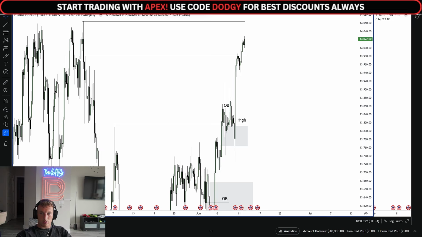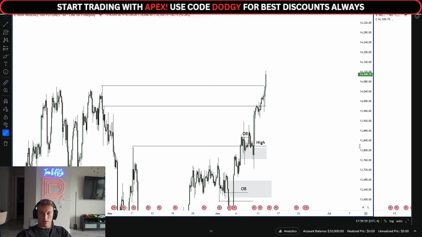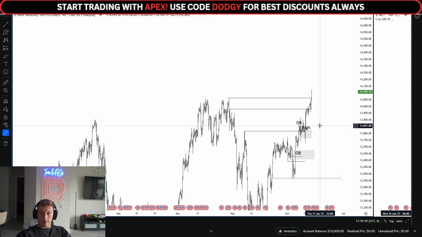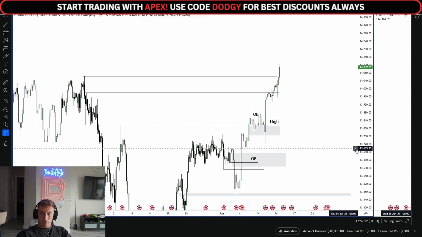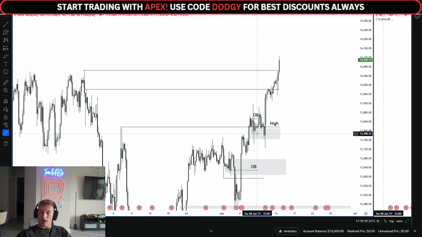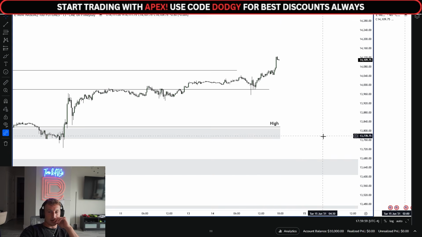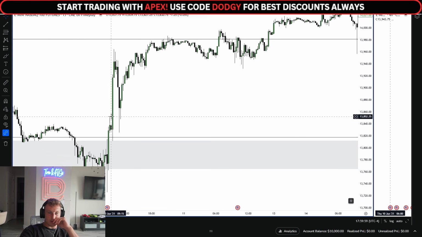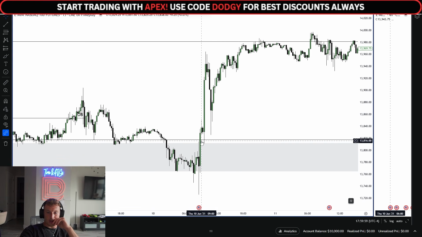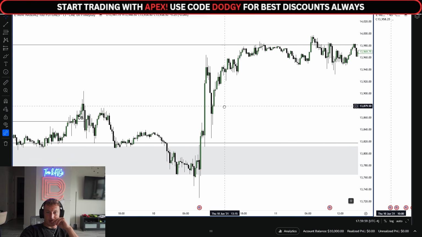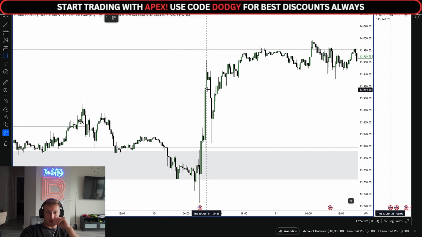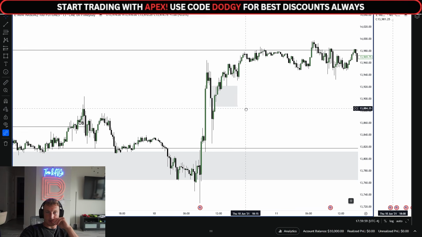Boom, there's high 1. And then here's high 2. So again, do you see how I'm getting that draw on liquidity? Just because I see, in hindsight, how heavily this held. And if I was sitting at the computer and I just woke up and I saw a gigantic 15-minute pump at 9:30 or at 8:30, I'd be like, okay, this is bearish. And then this inverse would top it. This would be my entry or one of the entries.